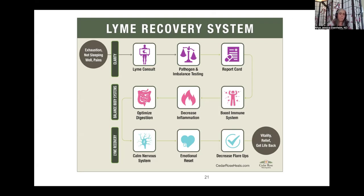This usually we have to do first, because we have to figure out what we're doing, what we're treating. But sometimes this doesn't necessarily have to all be in this order. And it doesn't have treating the pathogens on there, but it can. The reason it doesn't is this is a little more for chronic Lyme, where a lot of the time I'm working on these things first with people, like boosting the immune system, decreasing inflammation with diet and herbs, optimizing the digestion, maybe doing a detox. I usually find that when we're not in the acute phases, there's a lot of inflammation, a lot of damage that's been done. So we often have to help the immune system, help the gut, help the organs that have been damaged, do a little recovery first before we're treating